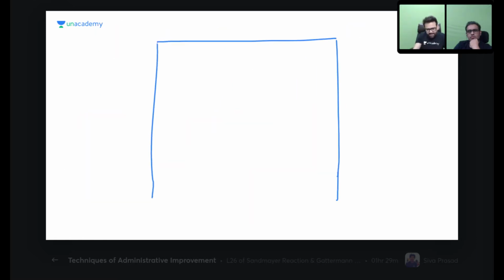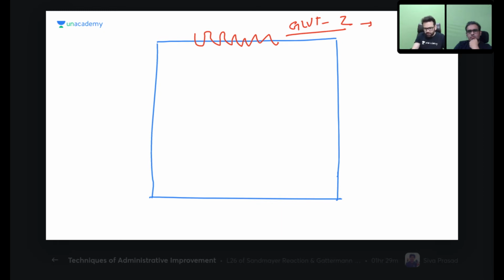Okay. So this is your beta cell, and beta cell has which type of GLUT? Which GLUT is that? GLUT2. Very good. So GLUT2 is present where? In beta cell, number 1. Number 2, GLUT2 is present in beta cell, liver, intestine, and kidney. LIK. Okay. So whenever you take food, either carbohydrate or fat or protein, everything is broken down into glucose, isn't it? And this glucose will enter inside beta cell.